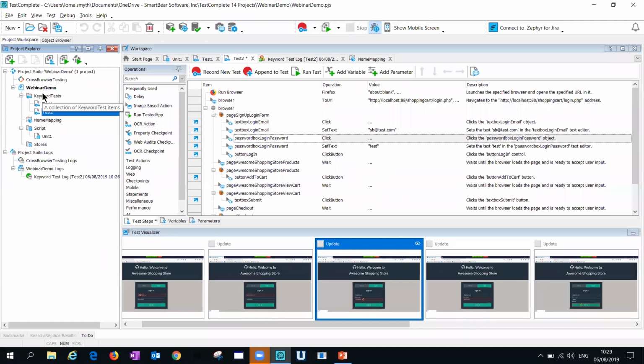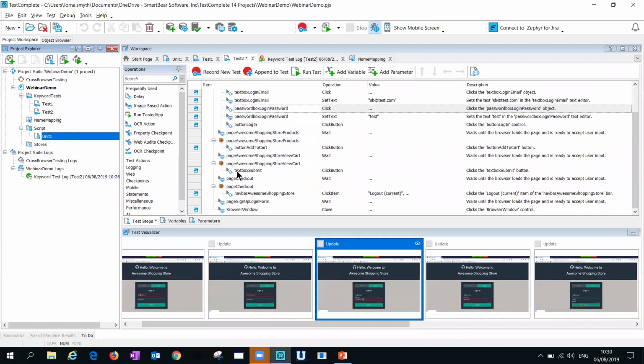Really, really flexible. You can also import SoapUI tests. So imagine I had a SoapUI test. I could just drag and drop it into the end of my, oh, there's no test in there, but I could drag and drop it to the end of my keyword test here, run them all together and have both my UI and my API tests in one location.